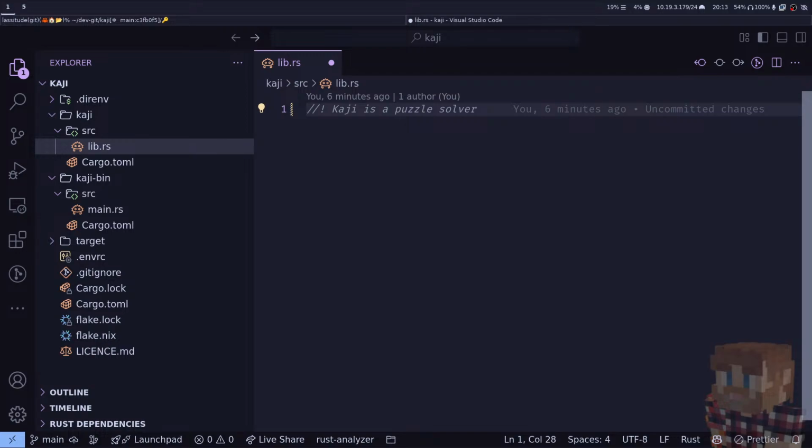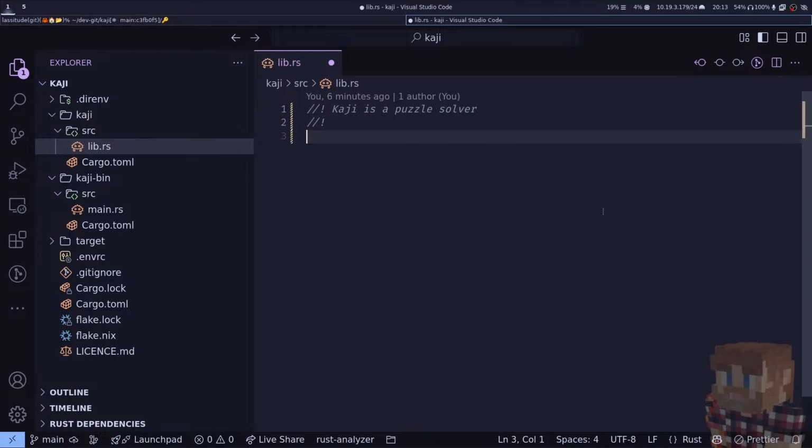Right, where was I? Yes, so we're going to say Kaji is a puzzle solver, and we'll just leave it at that for now. I like to make sure everything is documented. In practice, I'm not going to be terribly strict at the moment, but eventually I want to make sure that we have good code documentation for this, because one of my goals here is that it should be reasonably easy